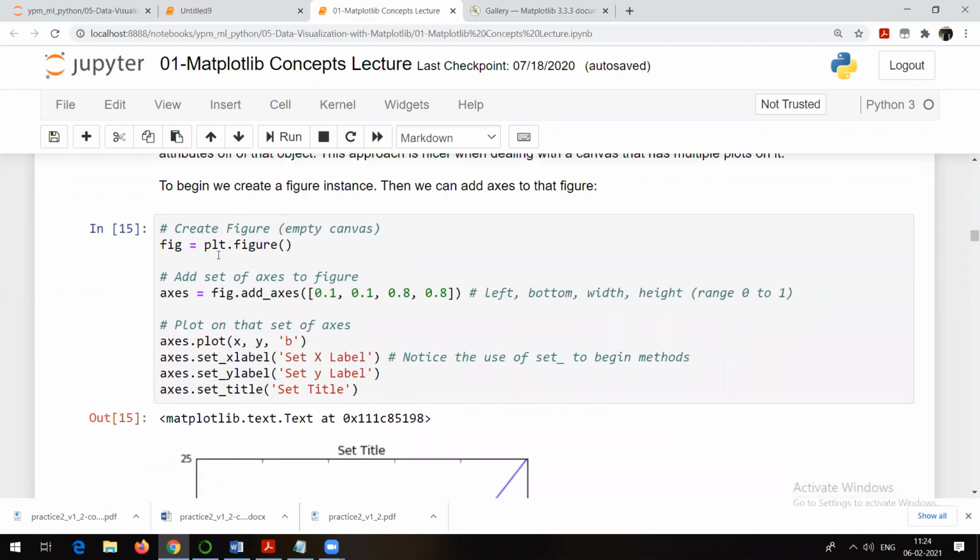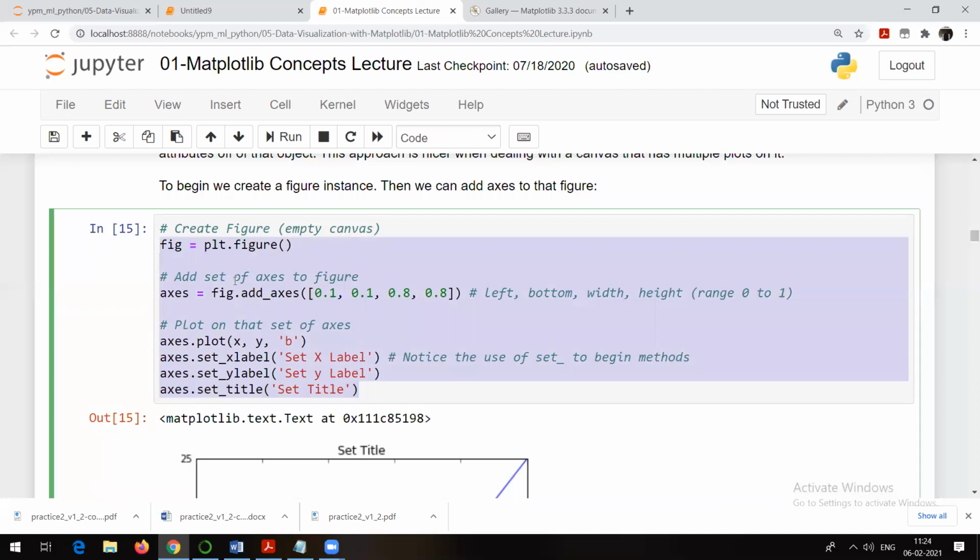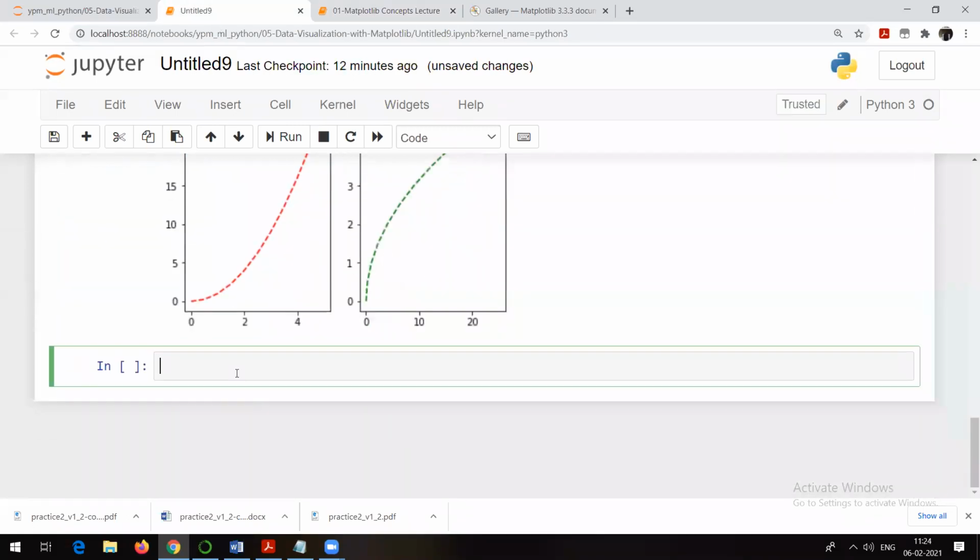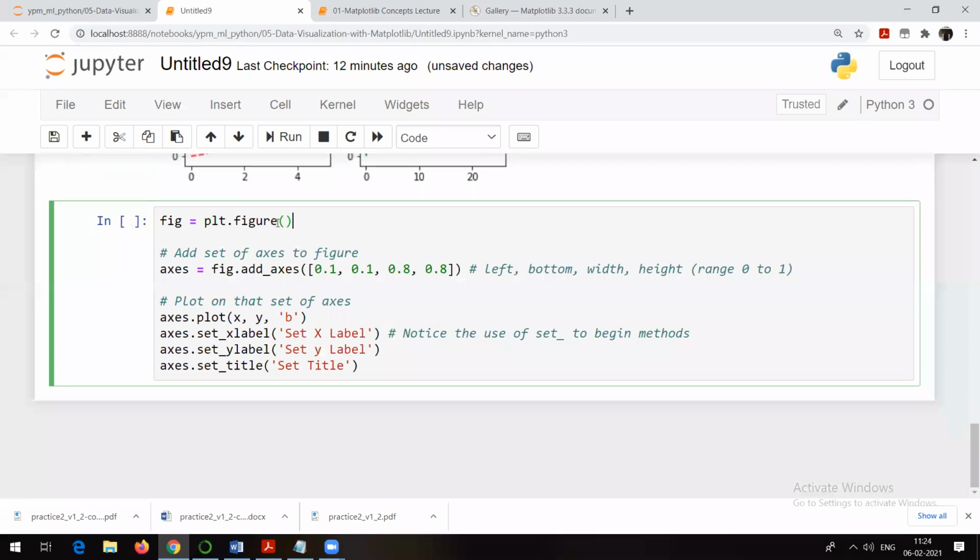See, let me explain this particular code. Here we are trying to plot a graph. See, plt is matplotlib, and figure is the method which is available in matplotlib. So .figure is just going to allow you to plot the figure. So with plt.figure, I am trying to create an object of figure type, and I am giving it the name fig2.